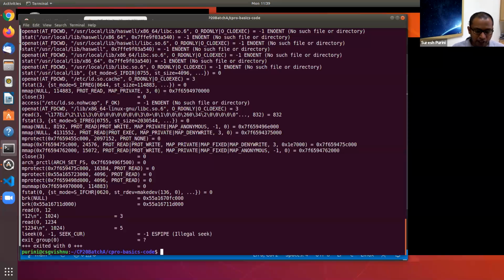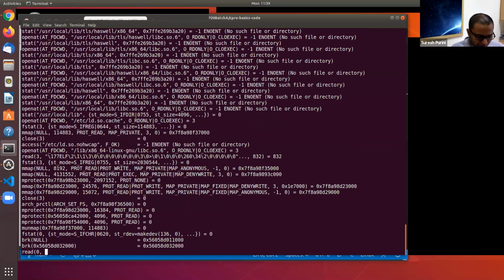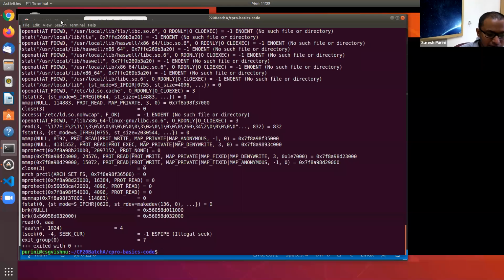Let's try one more thing before we move on. Let's say strace a.out. I'm pressing A. Now what happens is this. If you see again, whatever I have pressed, A followed by \n, this is written to scanf.